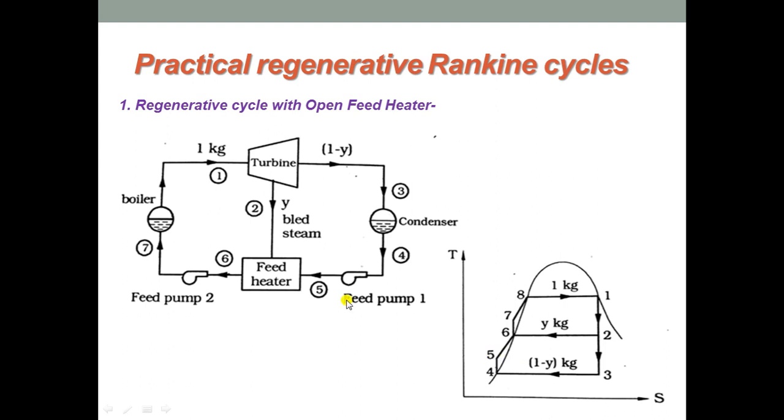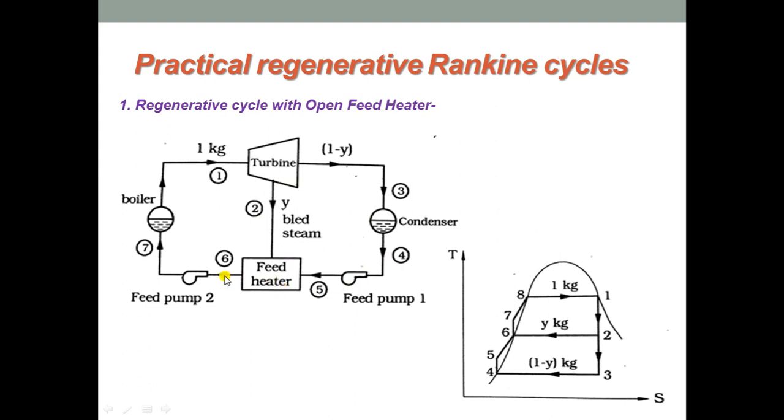It is now mixed in the feed water heater with Y kg of bleed steam. So, from the turbine you will get Y kg, from the condenser through feed pump 1 we will get 1 minus Y kg, and both will get mixed in the feed water heater,